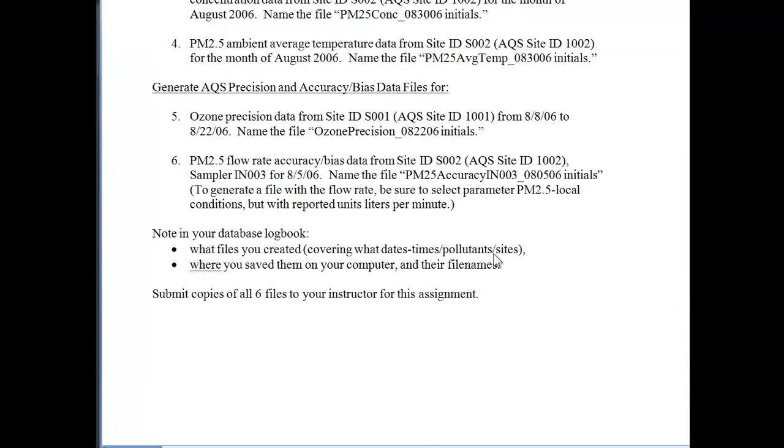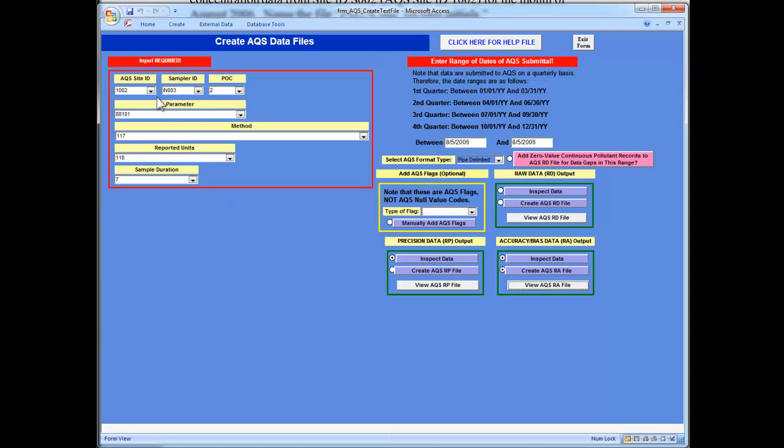And the next exercise is to generate bias data. So this is data that was generated during some sort of external audit with a flow rate transfer standard that's not the one that you usually use. For PM2.5 for Site 2 for the 5th of August, so we know that we must have had an audit come. So we're going to go back into the toolbox and we are going to look at Site 2, Sampler 2,